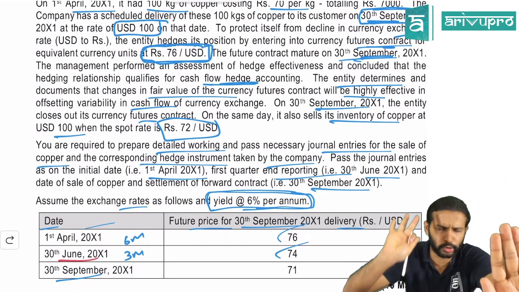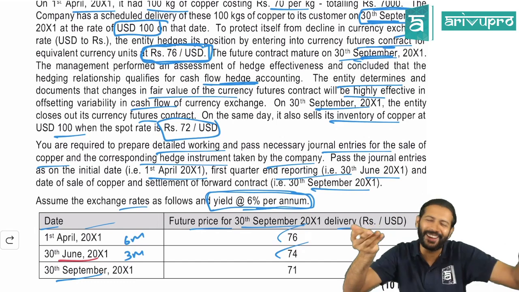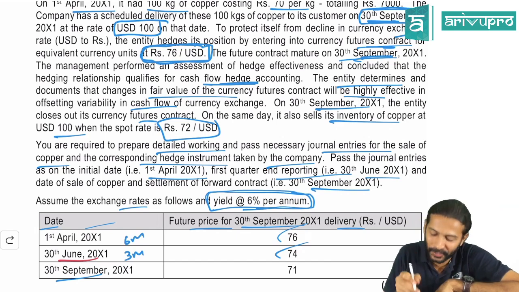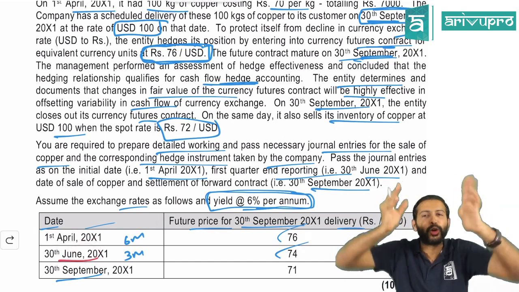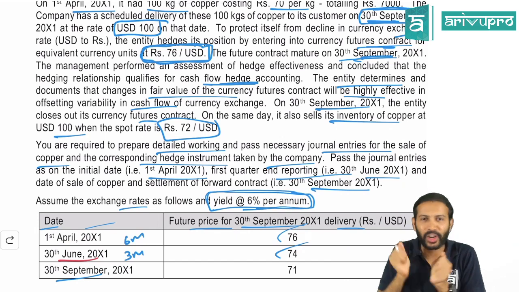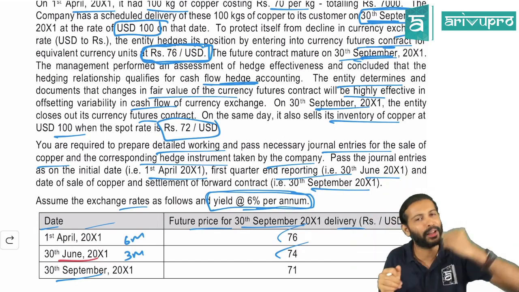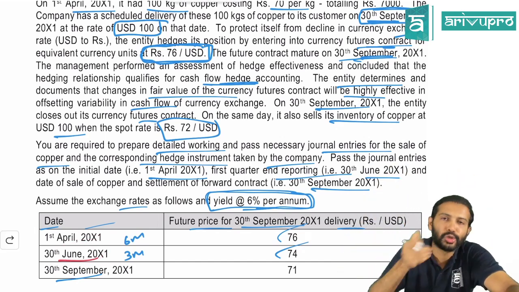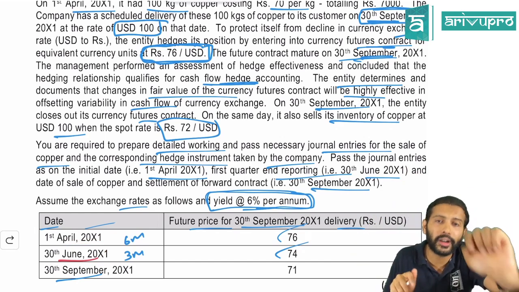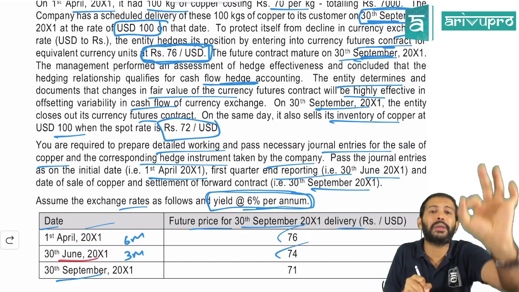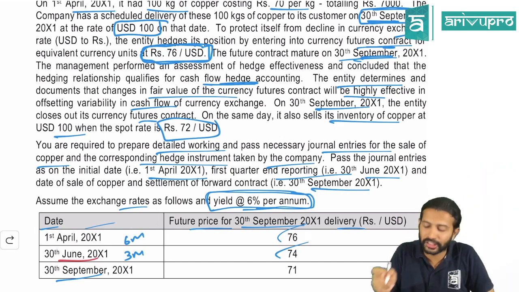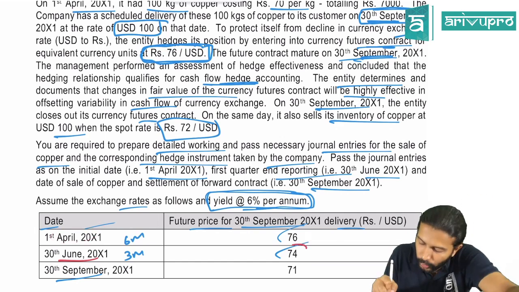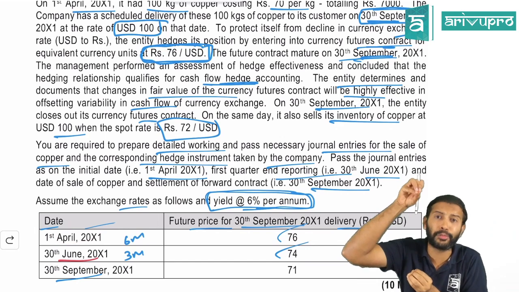But suppose you were busy, attending class or writing an exam or whatever. You forgot that you had to do a forward contract. On 30th June, you remembered there is one foreign currency cash flow risk. To cover this risk, I should have done some derivative contract, but I forgot. Okay, let me enter into a forward contract now. On 30th June, if you enter into a forward contract, at what rate will you get? You will only be able to sell the dollars at 74. If you had not entered on 1st April, your selling right would have been only 74. On $1, you would have received only 74 rupees.